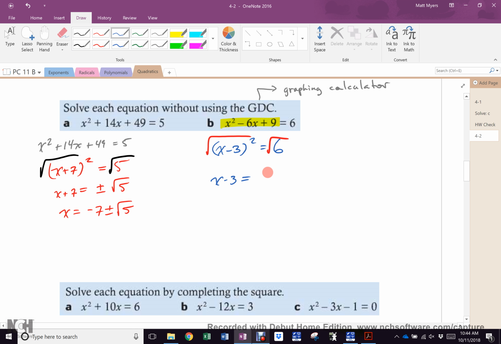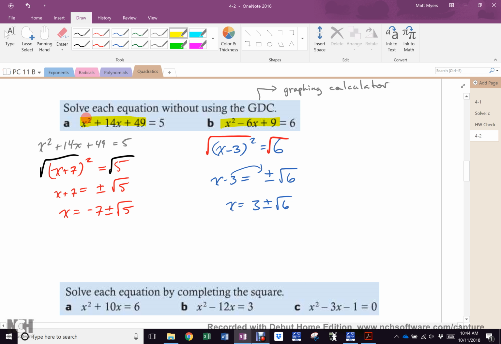This is where you're going to make a mistake. Plus or minus the root of 6, yes? Yes. Then what? Move the 3 over. So x equals 3 plus or minus root 6. Is everybody good? Yes. So, as long as we have perfect squares here, we can do this in our sleep,